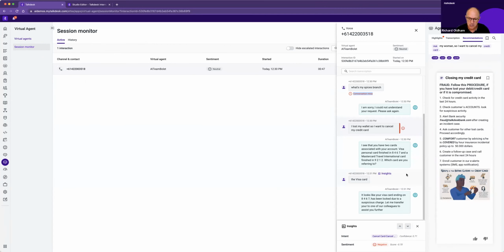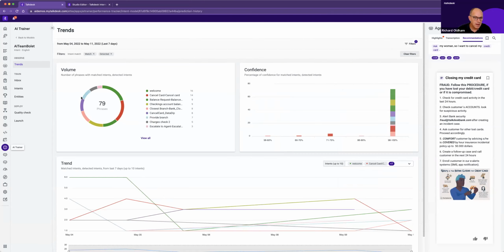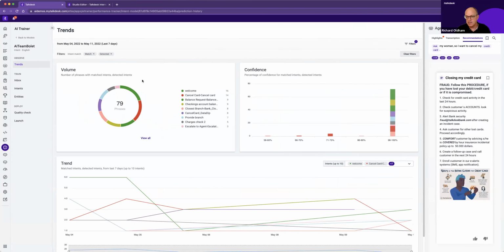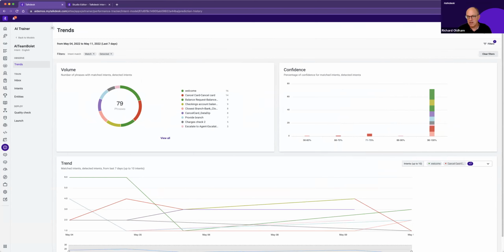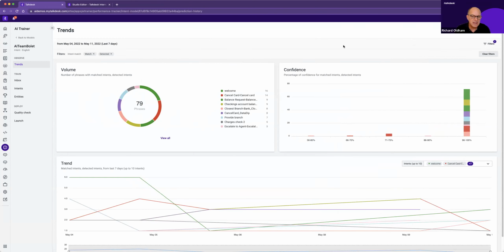So this is very much about now doing that, identify causes of customer issues, right? That middle piece that Andrew spoke of. And we're going to be using that AI Trainer, human in the loop, solution that we have as part of our platform. So if I go now to AI Trainer, the dashboard provides an insight as to what are the reasons customers have been calling. What are the intents? How many intents have we hit? How many have we missed, etc. Right? So it's a great dashboard to give a high-level view over time about the most common queries coming in